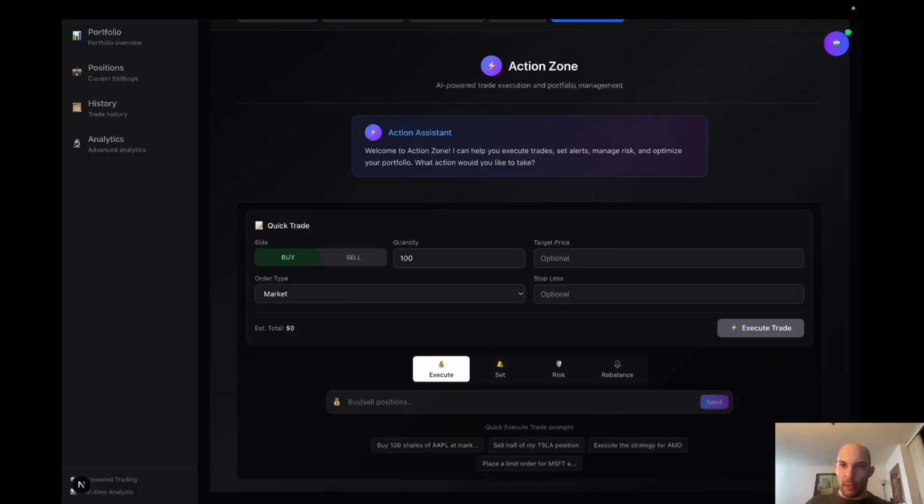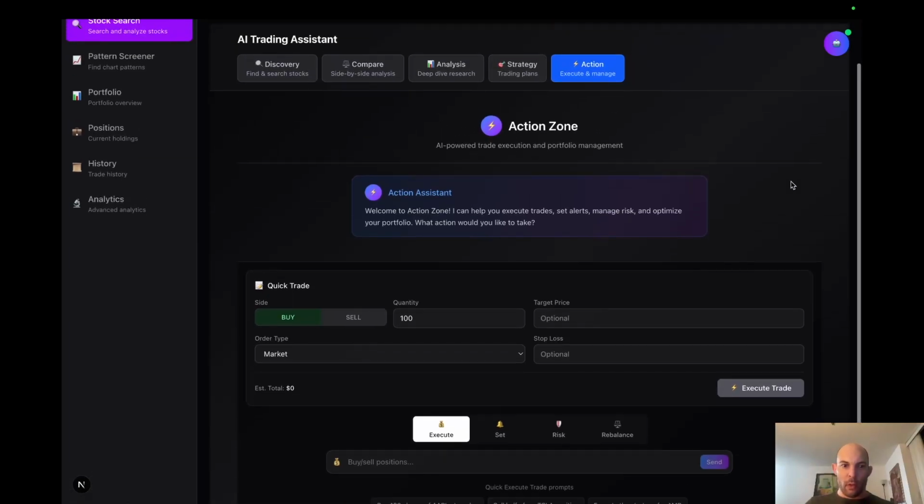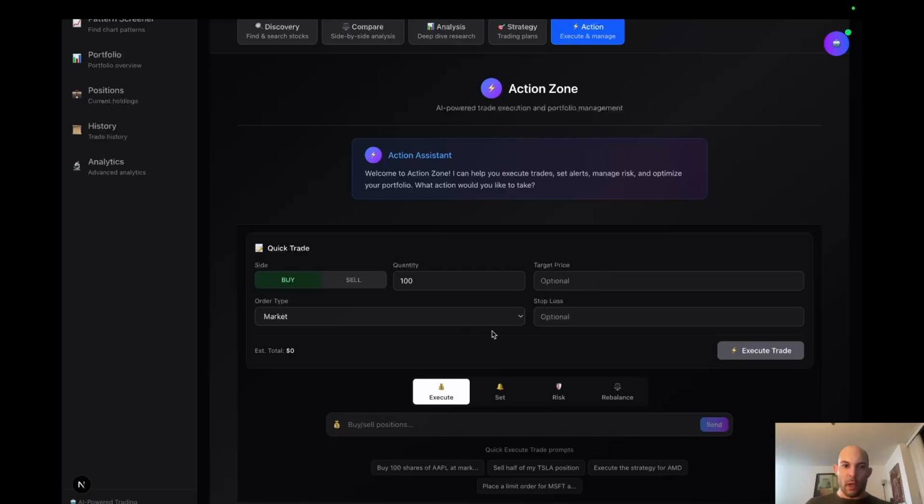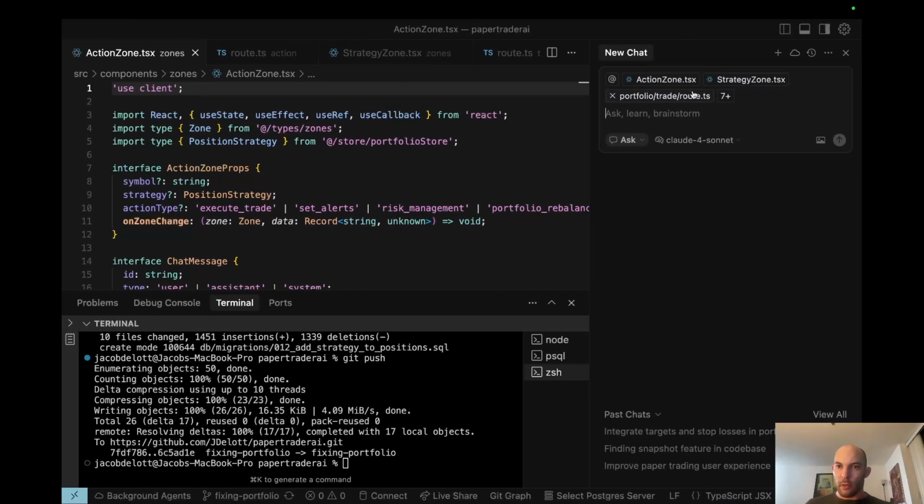Okay, so I want to continue from where I left off on this ActionZone quick trade form. We need to be able to actually have portfolio context awareness and be able to input a stock. So first things first, let's do that. For the manual form on action, I need to be able to